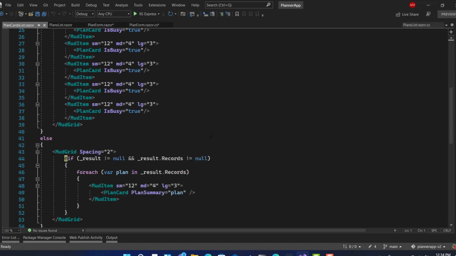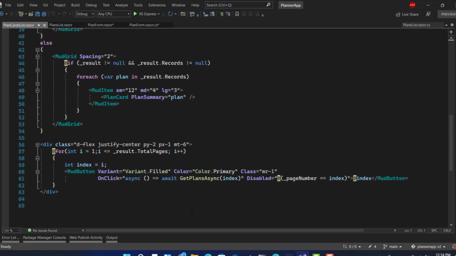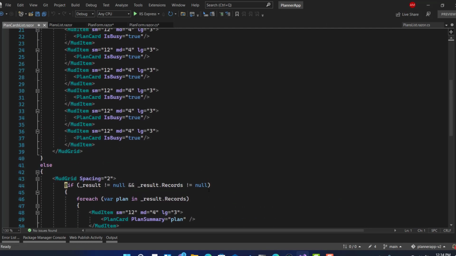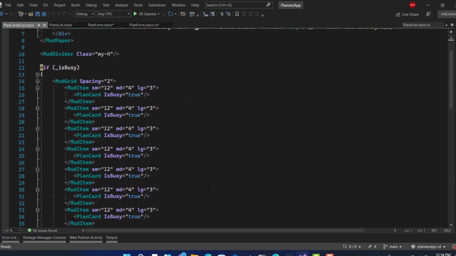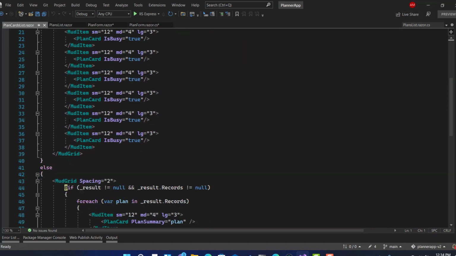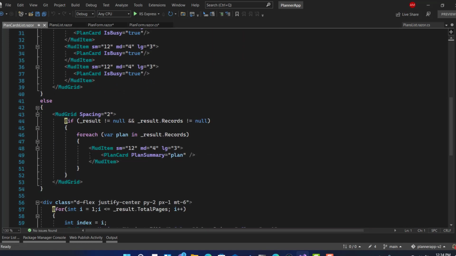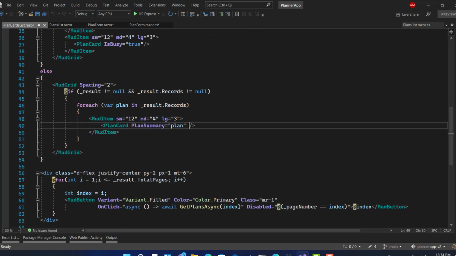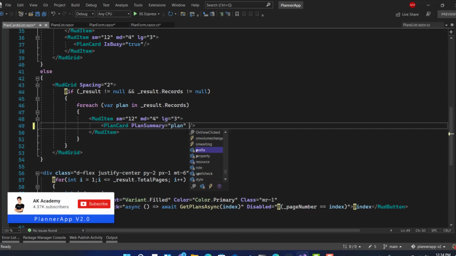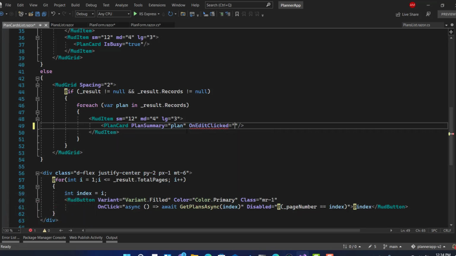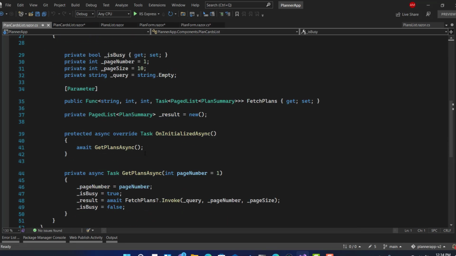Here we go. For this plan card, we have on edit, right? On edit, neglect. So what we can do, let's go to the code behind, and let's inject